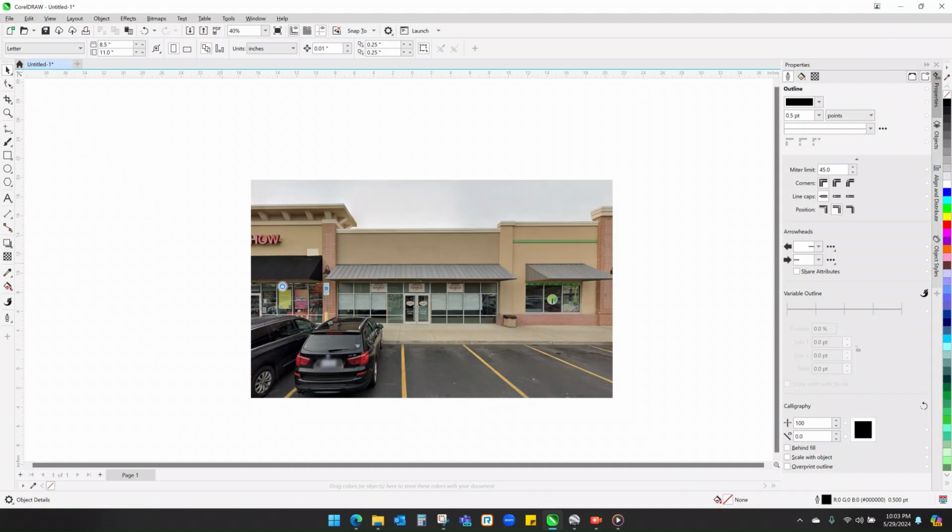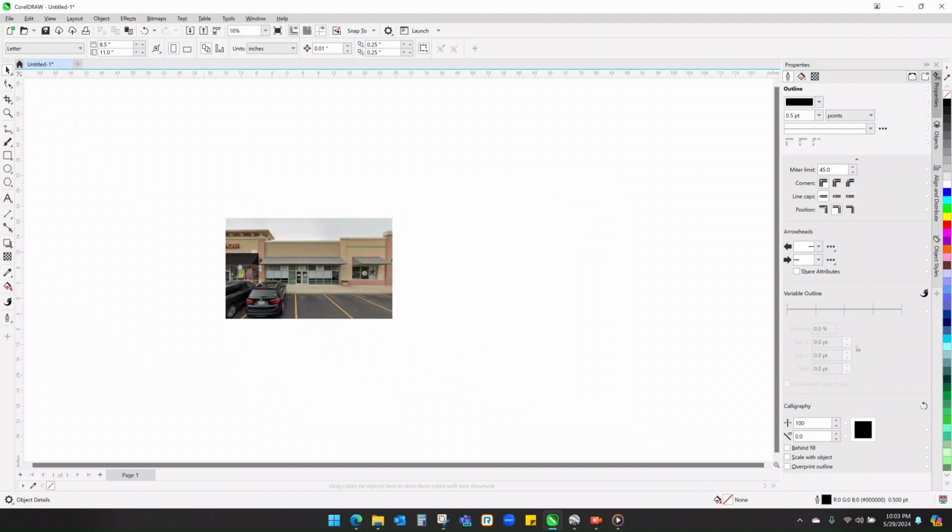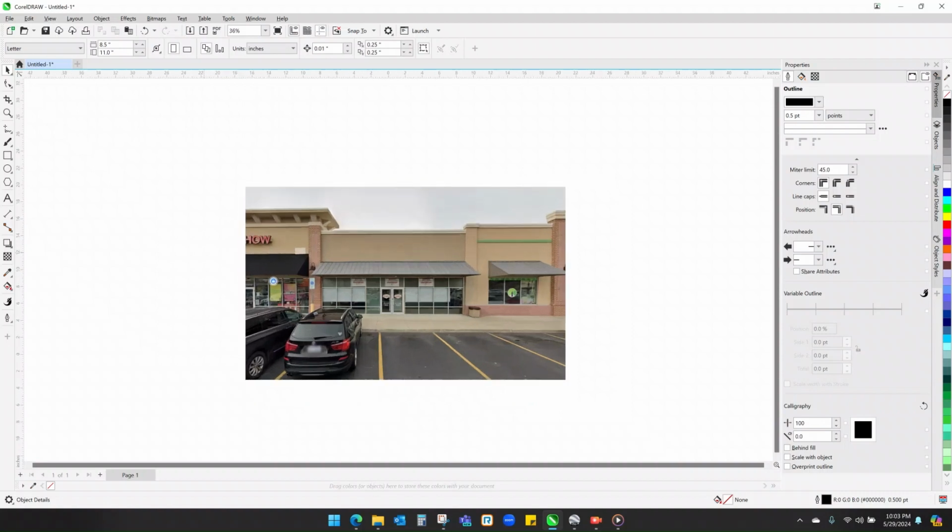CorelDraw is definitely the easiest app drawing-wise for signs, especially because of the sizes that you get, like everything is so accurate as far as inches and feet, whatever you're sizing will always come out perfect. When I use Illustrator, I never get things that are sized correctly, and it's very frustrating, but